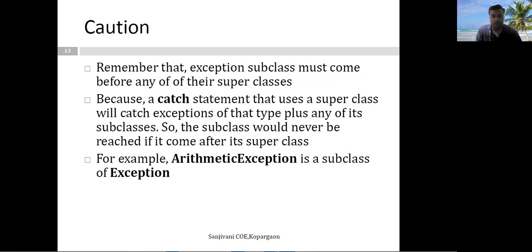Then you have to specify the superclass of exception if you want to specify it. If a superclass is specified first, then it does not go on to check the subclasses of exception. For example, arithmetic exception is a subclass of exception. If the exception class is specified first, before the arithmetic exception, then ultimately whatever arithmetic exceptions occur